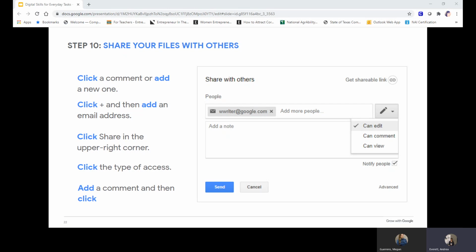One of the most useful features of Google Docs and many of Google's other apps is the ability to collaborate in the same document at the same time. In the past, sharing documents meant saving a version and then emailing it to someone on your team. They had to download it, then make changes to it, and then save it as a different file name and send it back to you. Then you had to download it again, resave it, and so on. That's a lot of steps to edit the same document.